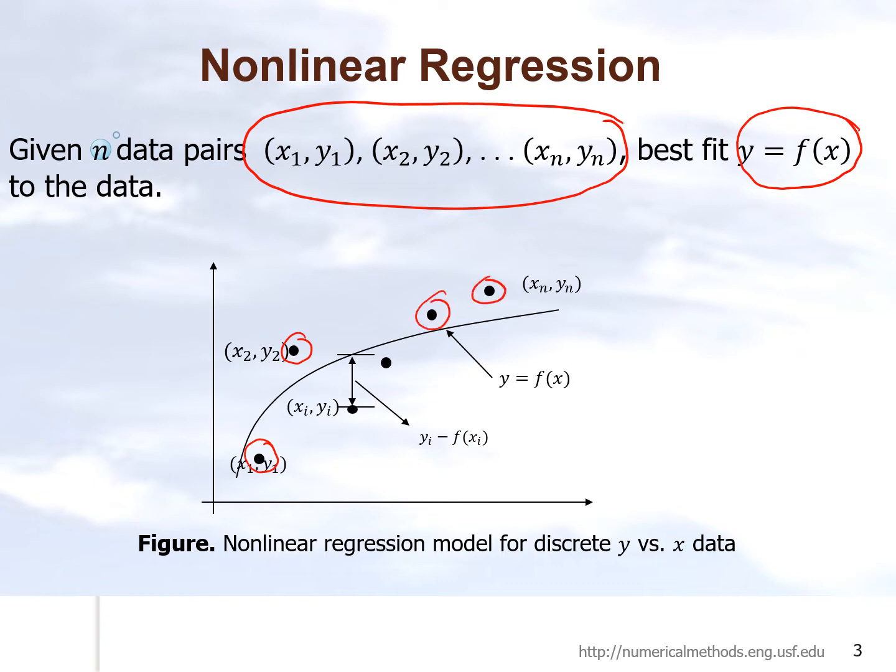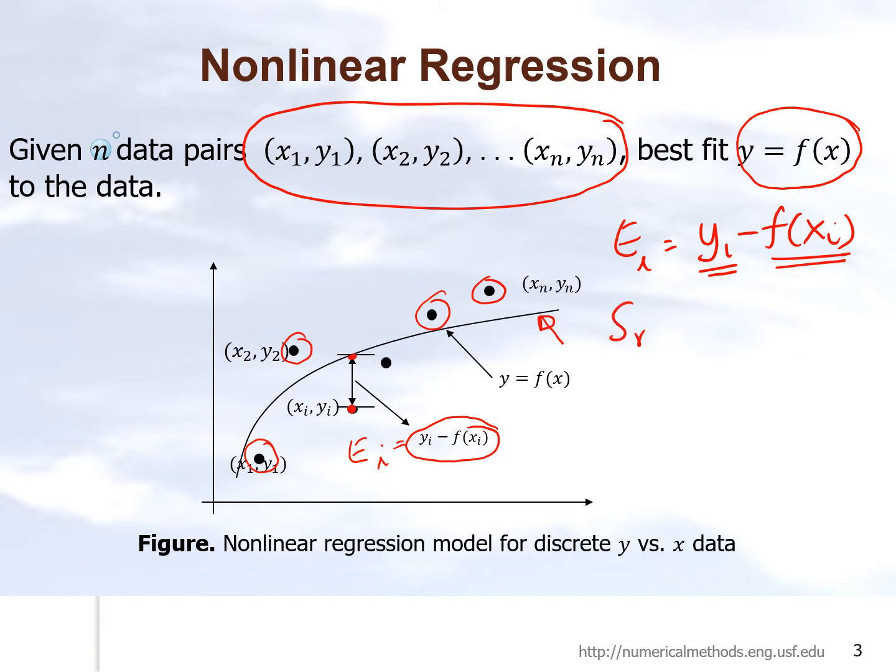We have these n data points which are given to us, and then if we try to draw a curve which best explains that particular data, there will be a difference between what is observed and what is predicted. This is the observed value, and this is what is predicted by the regression model. The difference between the two is called the residual. So your residual is y sub i minus f of x sub i: observed value minus predicted value.